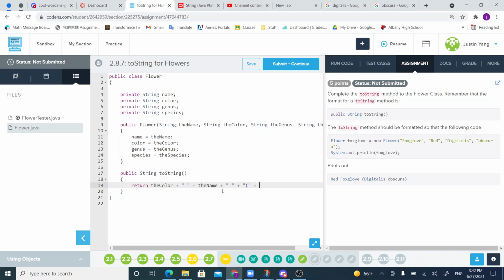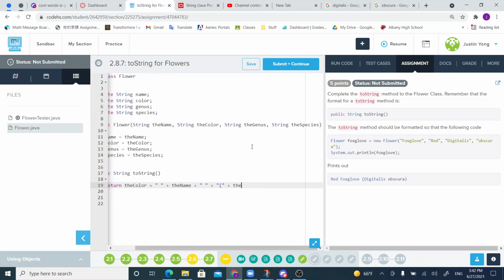What is digitalis? The genus. Oh, so sub. What's a phylum? I was thinking phylum. Alright. Whatever. Oops. A species plus